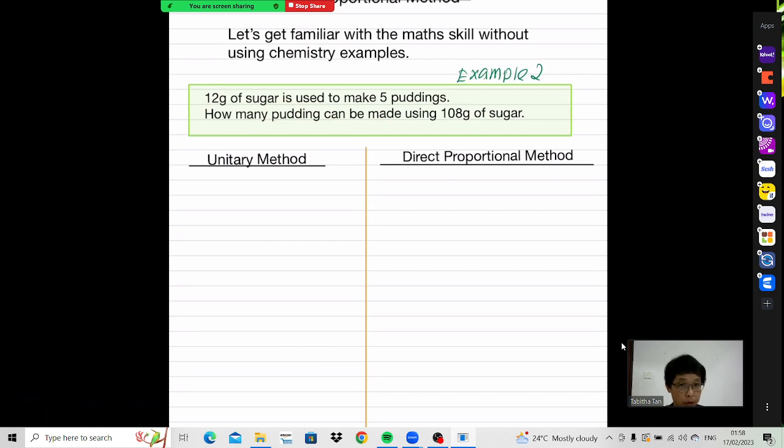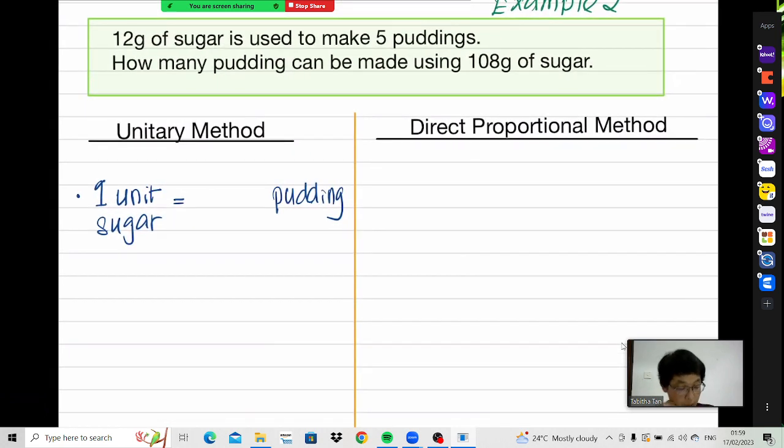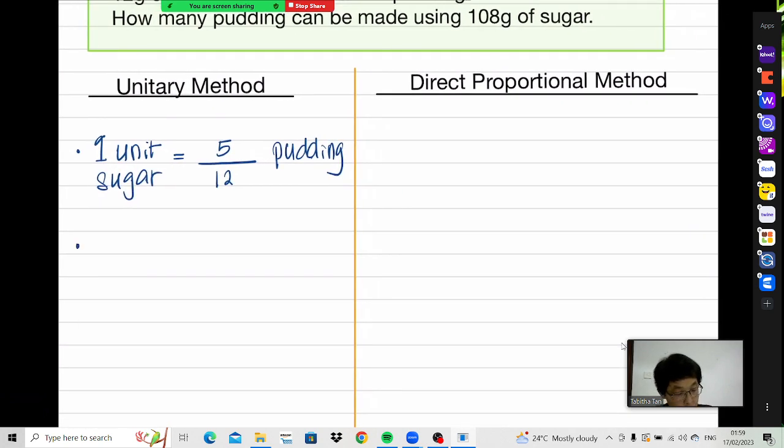108 grams of sugar. Well, again, for the unitary method, it's always find 1 unit. So let's put in 1 unit. This time 1 unit of what? 1 unit of sugar can produce how many puddings? Okay, so how many puddings? Because we want 1 unit, we're going to divide by the sugar. So 12, and then 5 divided by 12, and therefore now you want to use